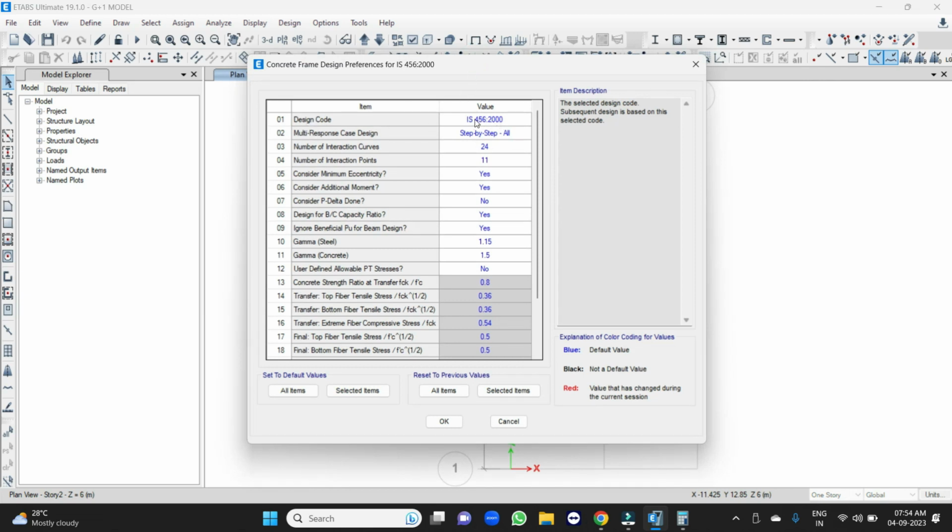Make sure you have selected your desired code, selected for the IS 456 2000. Then just to cross check whether your desired code is selected or not. So it is already there, so I click OK